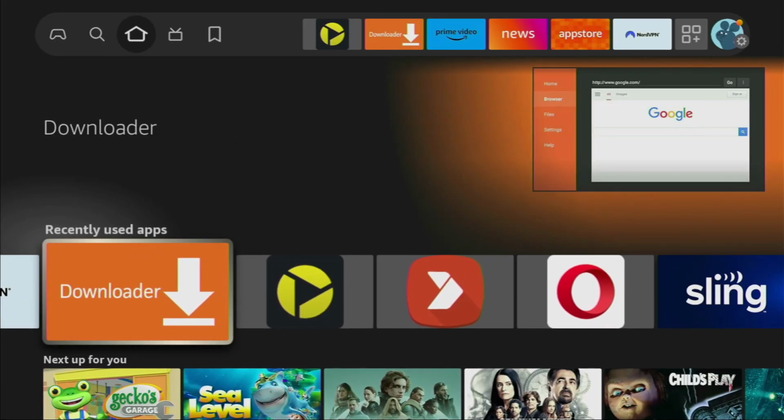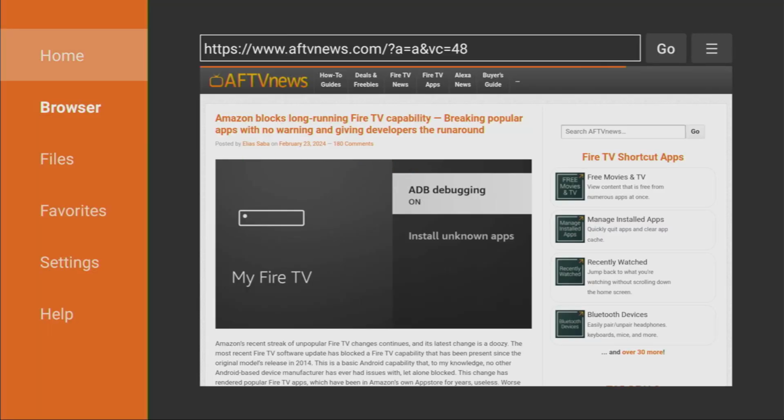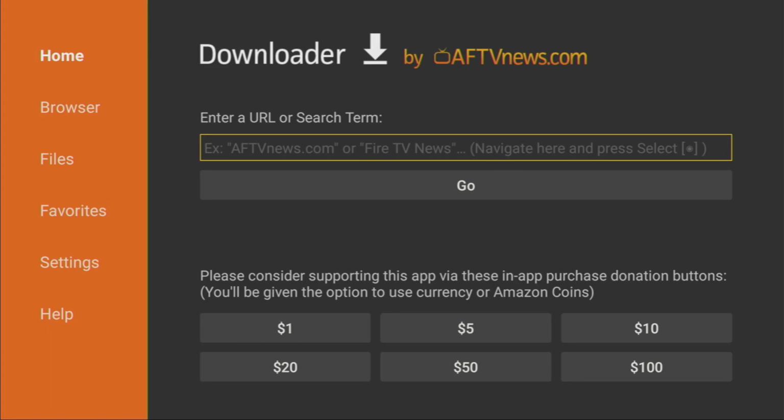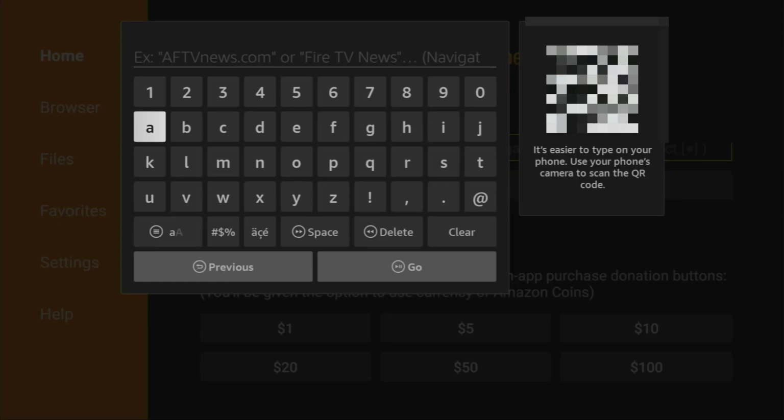Now we can finally open the Downloader application, so let's do so. There on the left side menu we have to click on Home, that's really important, so make sure to click on Home. Now you'll see such a search bar in which we'll be entering a code, which in our case is